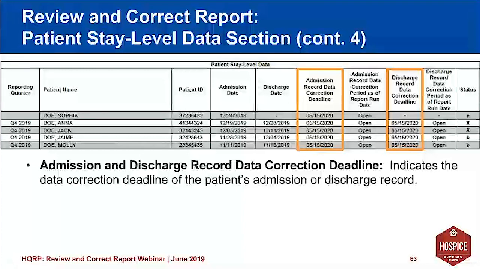And so as of the date that this report was run, this would still be open as a quarter that's open to data correction. Looking at the discharge record data correction deadline, we would see the same thing here, that the quarter was still open for data correction.